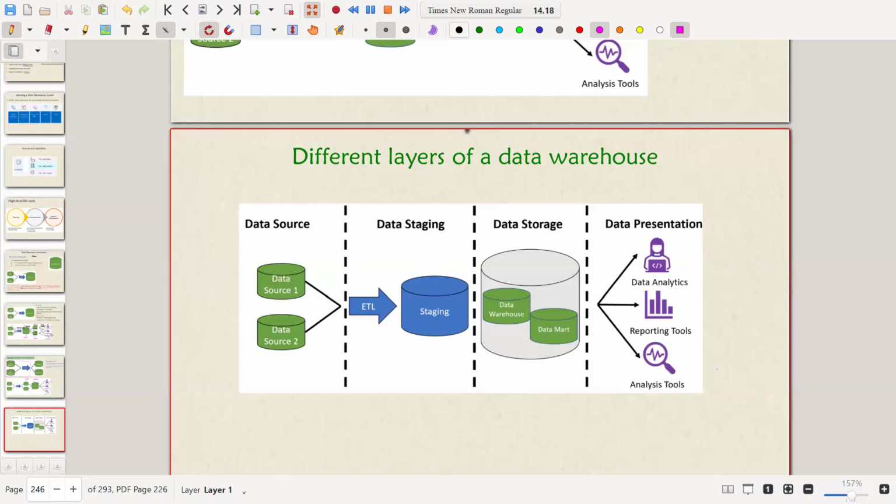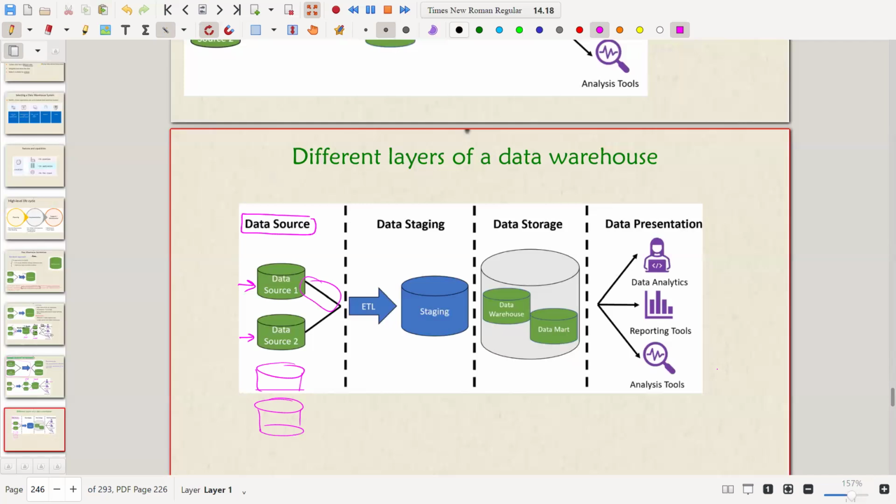First is the data sourcing layer, where you collect the data from different sources. As you can see, this is source one, source two, and similarly you can have many of them. The more data sources there are, the more nodes and links you have to use. That was one of the disadvantages in the Inmon approach. You have more node joins, right? And that is leading to slower capacity in your analysis.